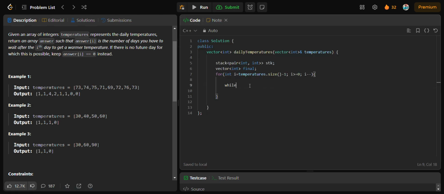So while stack, here we will check for the condition that stack should not be empty first, and then temperatures, this current element should be greater than or equal to stack.top().first, as we are using pair. If this condition is satisfied, then we will pop the stack element until the current element is greater. And after that, once we remove all the smaller elements, then we will